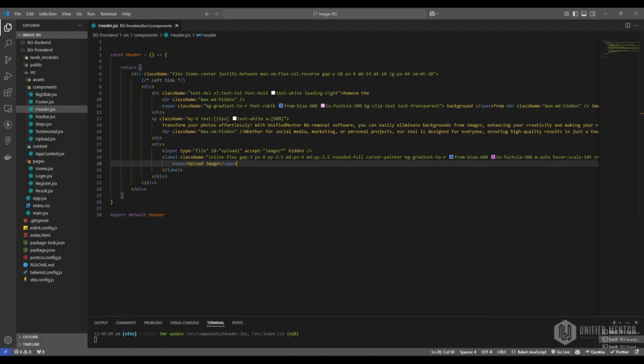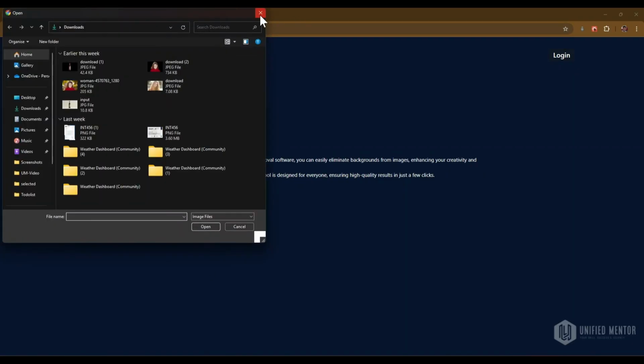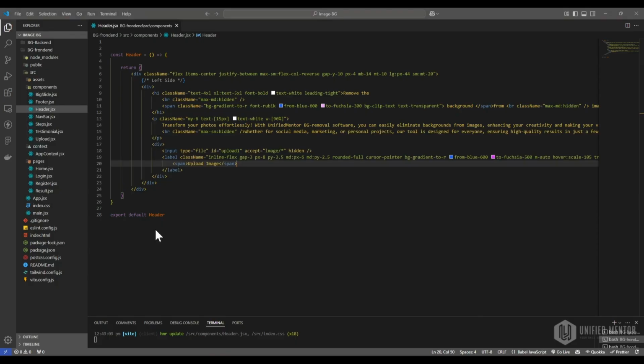Let's come for our VS Code. Let's come for our browser. As you see, upload image button is there. If I click on this, it will open our file input field. Let's come for our VS Code. After this one,